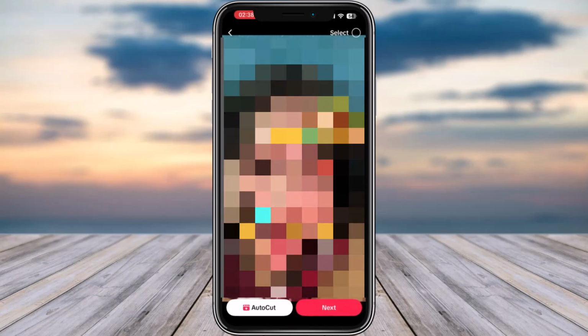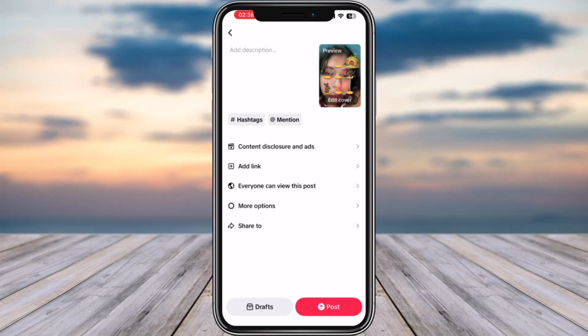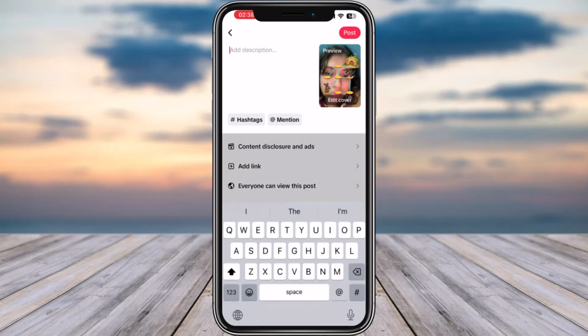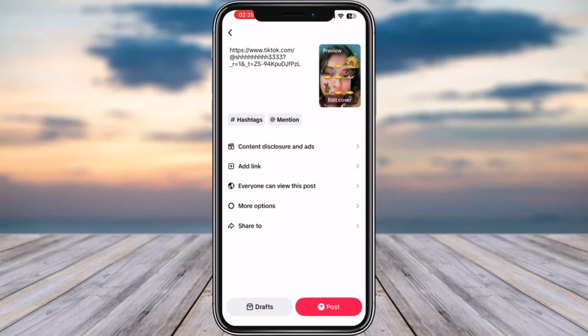upload a video, tap on next. You can simply go ahead, paste that particular link right over here, the product link that you have simply copied, and once you have done that, you can go ahead, tap on this post icon, and the video will be posted